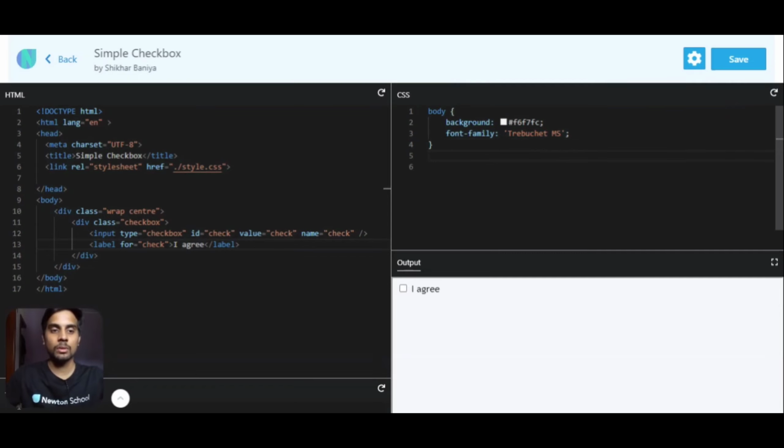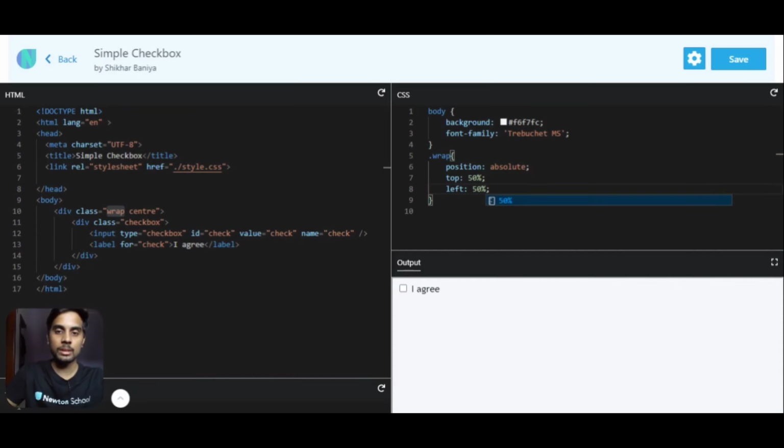Okay, so now we have the first class as wrap, so let's target that. Wrap. Okay, let's change the position to absolute. Top will be 50%, left will be 50%. As you can see, it is not exactly in the center.